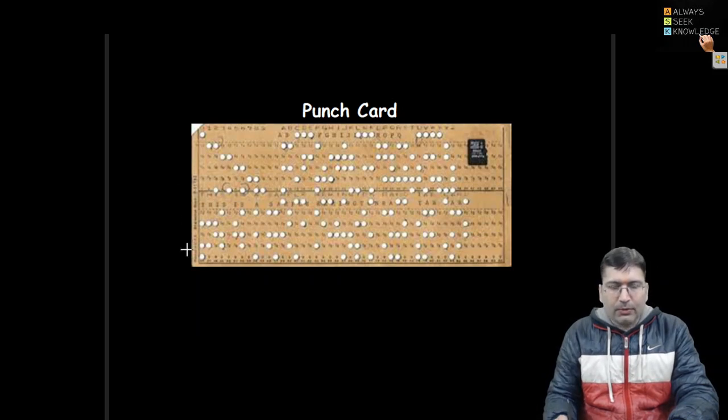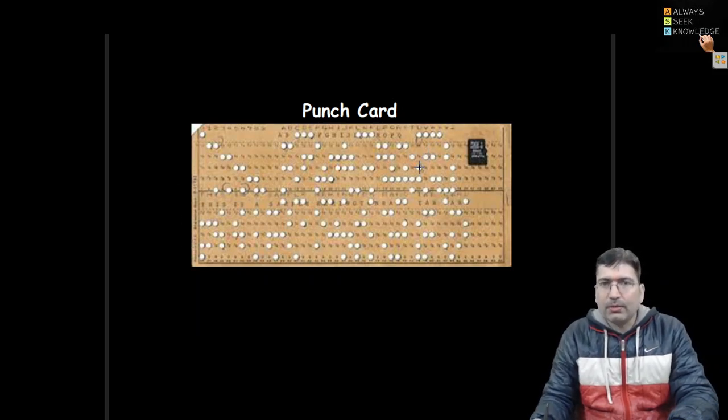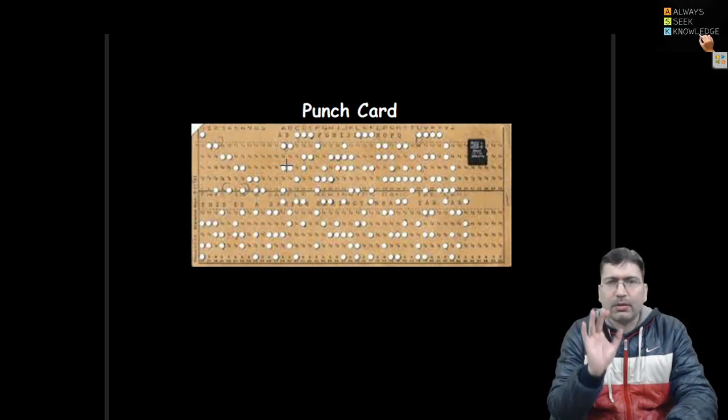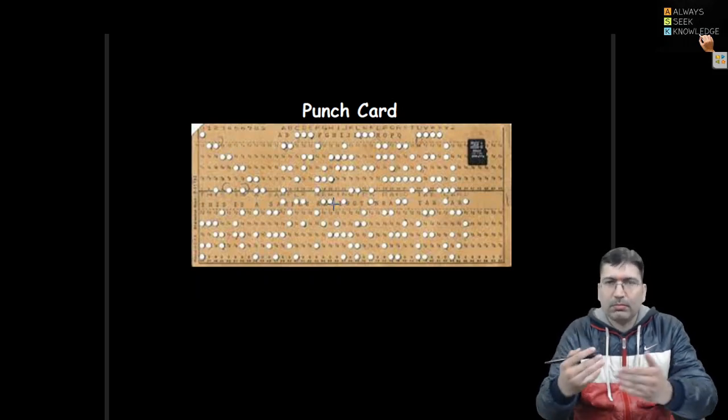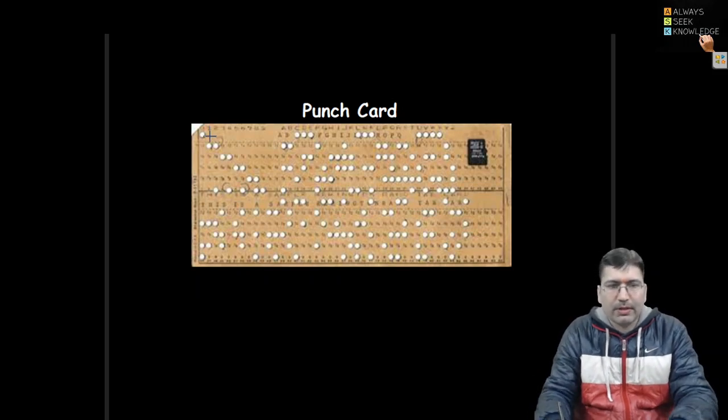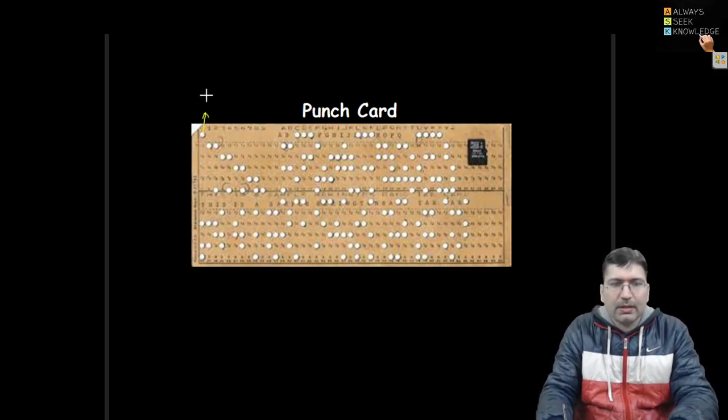In such an operating system, punch cards were used for taking input or punching the job. The punch card looked like this. There were a number of punches, and the punch card reader shone rays or light, and based on the light passing through, the bits were read. So let's say if light is passing, then maybe binary 1 can be considered. If the light is not coming through here, then it can be considered 0, and so on.